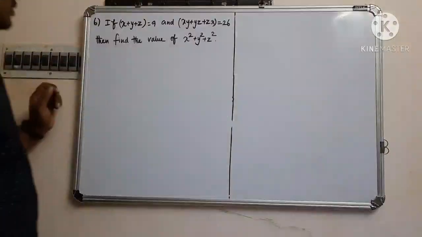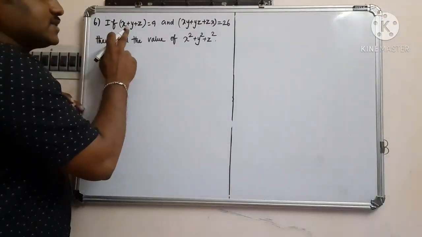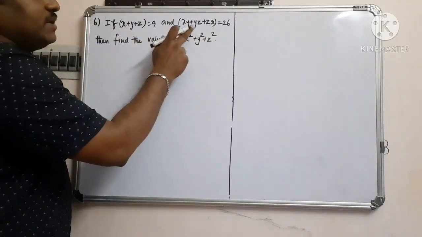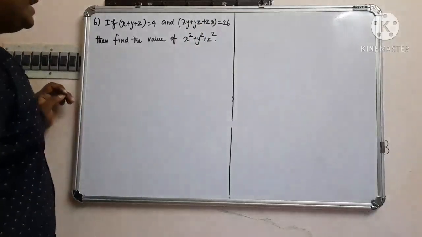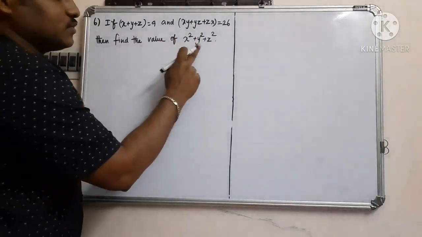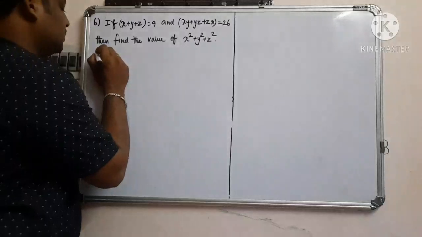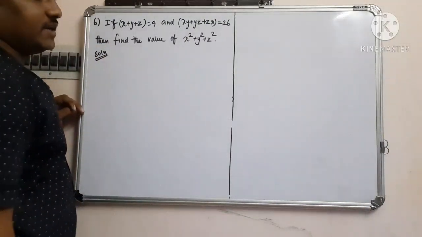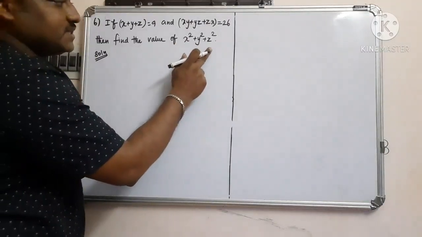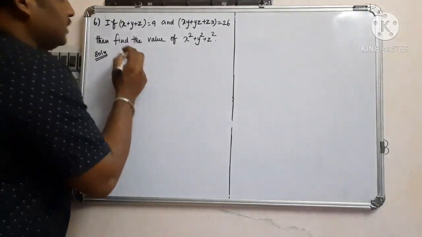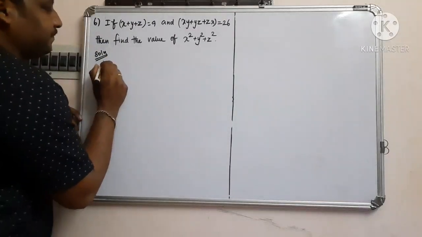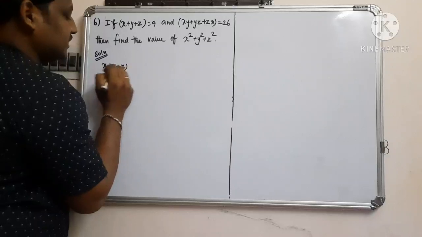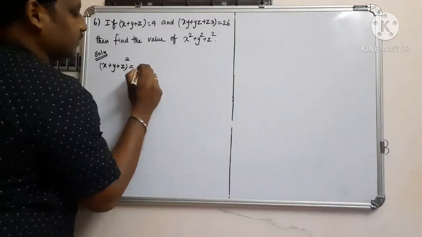Understood? So now sixth question. If x + y + z is equal to 9 and xy + yz + zx is equal to 26, then find the value of x square plus y square plus z square. So solution. Using the identity only, we are going to find the value of x square plus y square plus z square. So we know the formula, (x + y + z) the whole square, is equal to